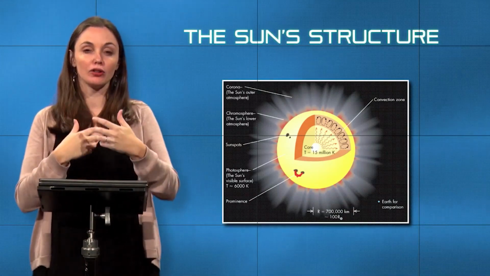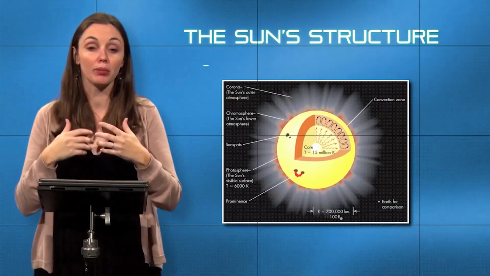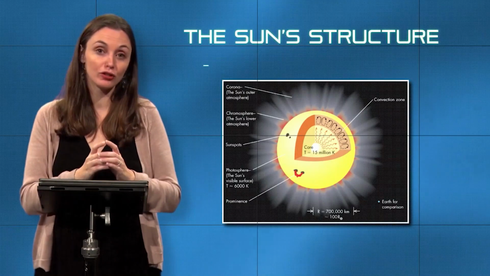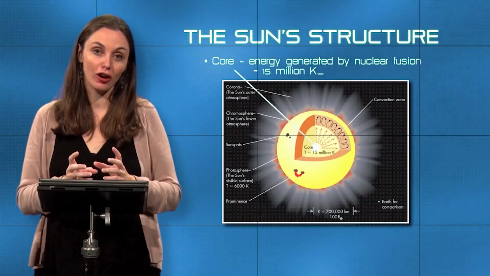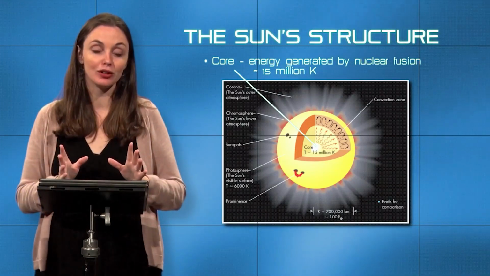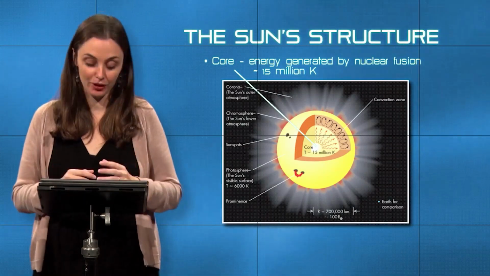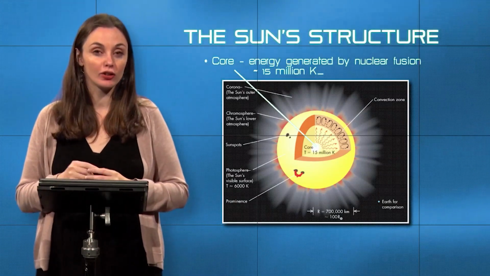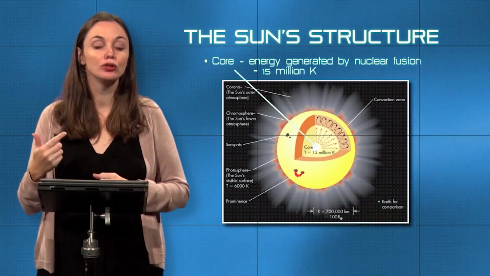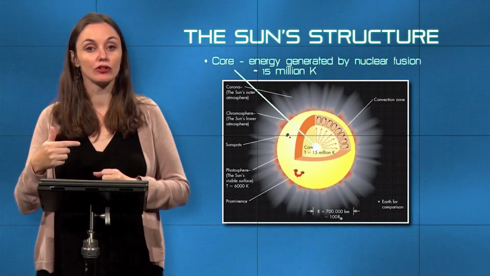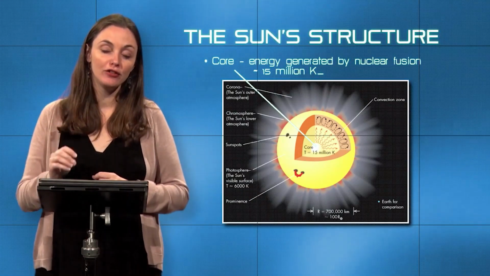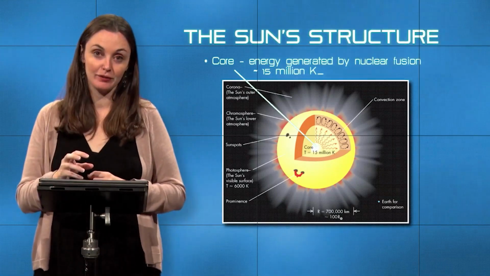If you think of our heart as being the most instrumental part of what keeps our body going, the fusion that's taking place in the core of the star is essentially like the heartbeat of the star. Without it, the star collapses in on itself, explodes. It basically is going to go haywire and it's not going to be stable anymore. The core of our star, and this temperature is going to come mainly from the rate in which fusion happens, and a calculation involving the rate in which fusion happens and counting neutrinos. The core of our star is thought to be 15 million Kelvin.